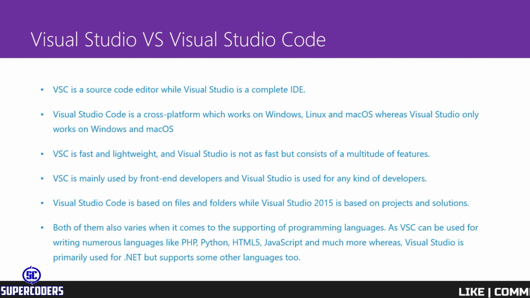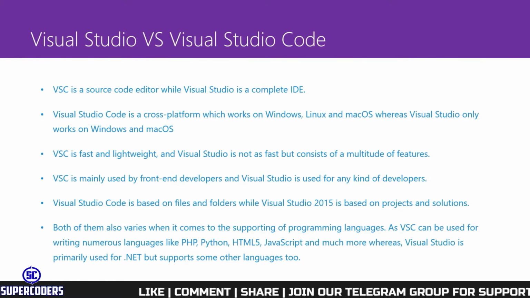So you can use Visual Studio for everything, but you can't use Visual Studio Code for everything. Visual Studio Code is lightweight software only for text editing and making small files which run on the front end, like HTML, CSS and JavaScript. But in Visual Studio you can make anything as per your requirement, or any development.